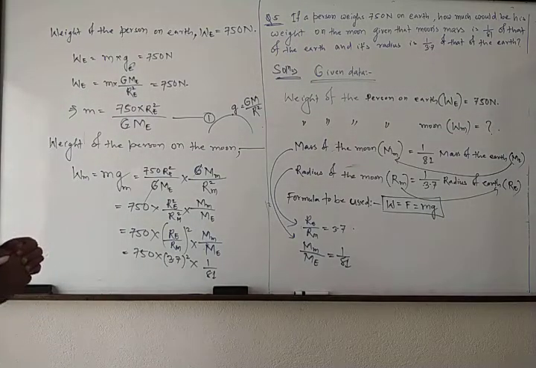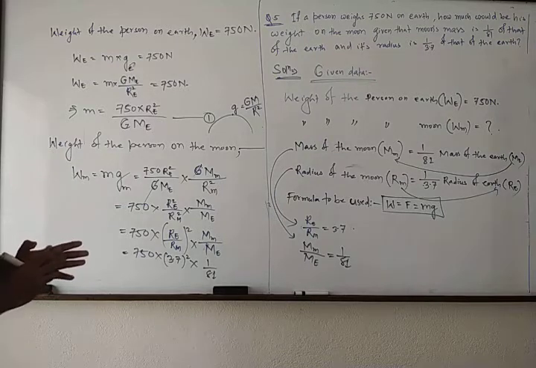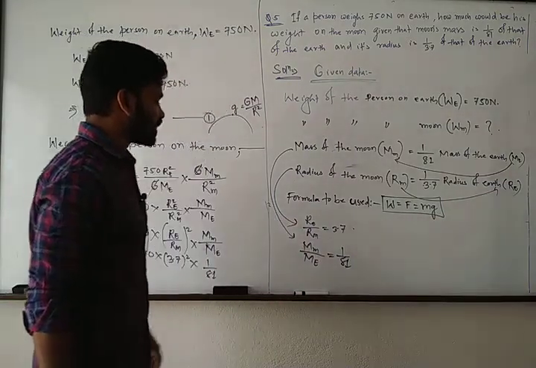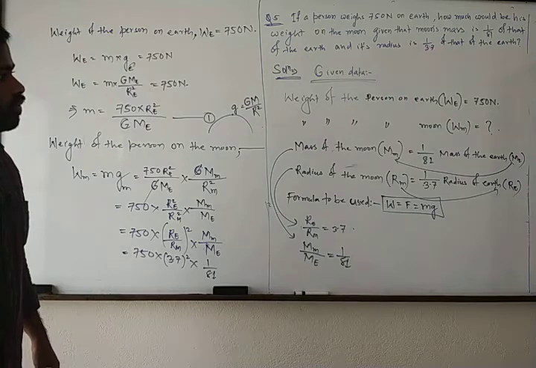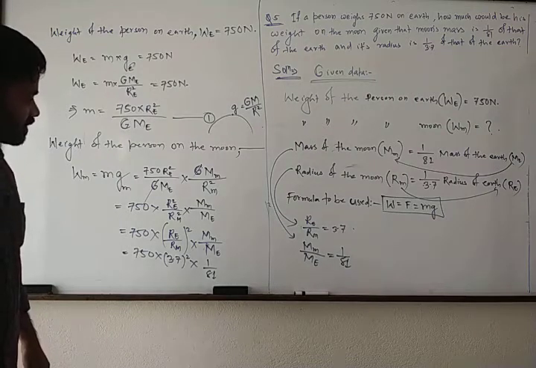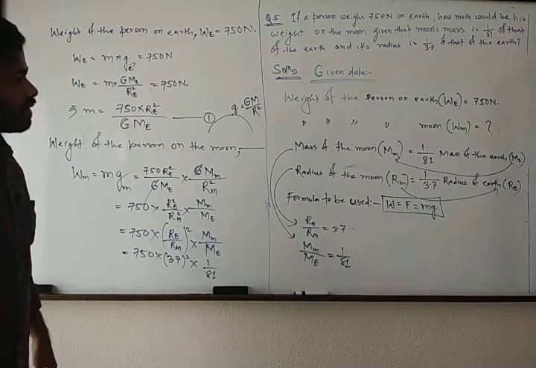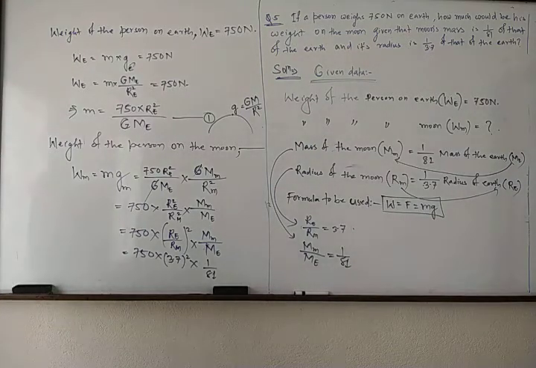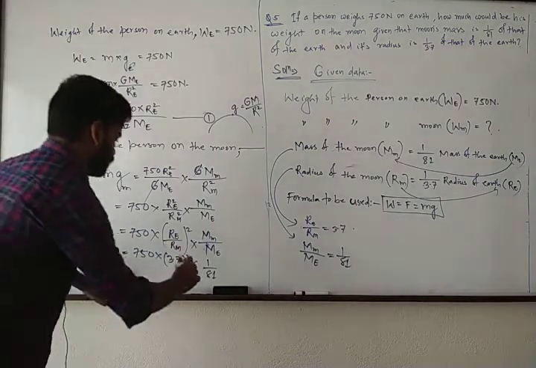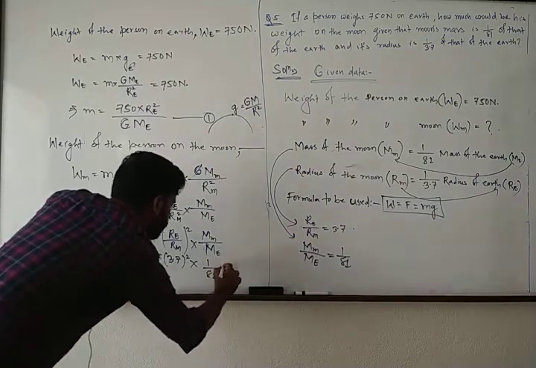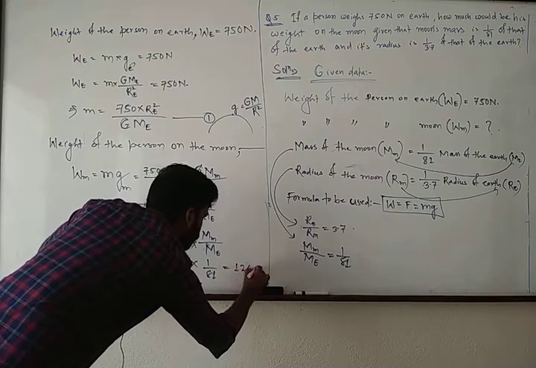Let me check again. Everything okay? R_e upon R_m is 3.7, okay. Mass of the moon upon mass of the earth is also okay, 1 upon 81. Okay. So the answer will be, I have calculated it beforehand, the answer will be 126.8 Newton,